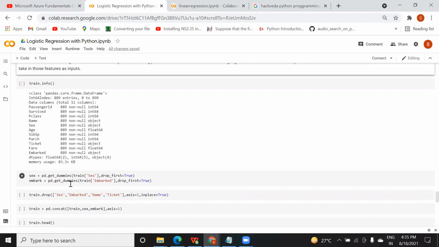Then after that, I converted my embark column using get_dummies. The get_dummies function is used to convert any column into numeric values, just like the survived column. The survived column has values survived and not survived, so I converted it into 0 and 1. Why? So that the formula can easily understand that. Same way here I converted that into numeric values. For that, what function do we need to use? We need to use get_dummies.